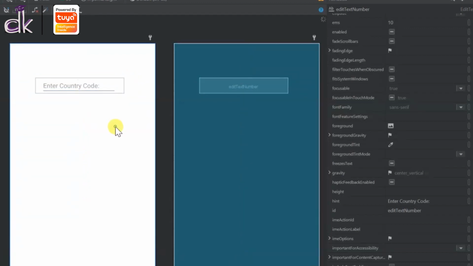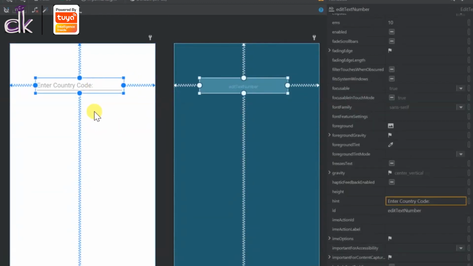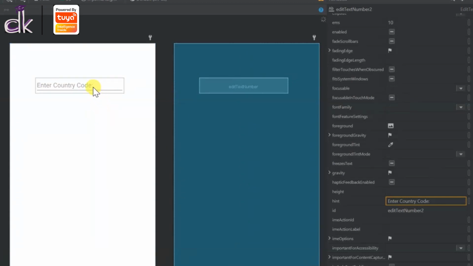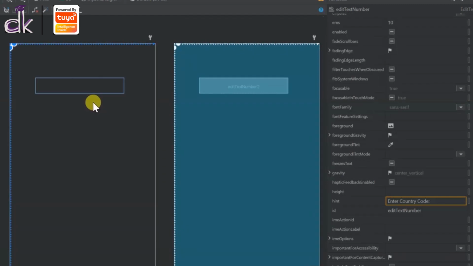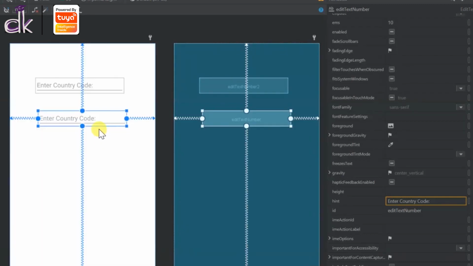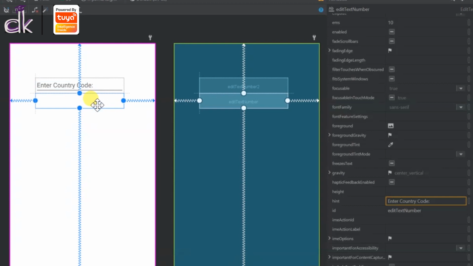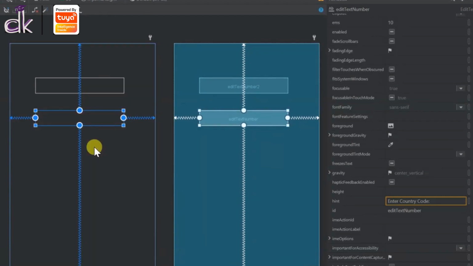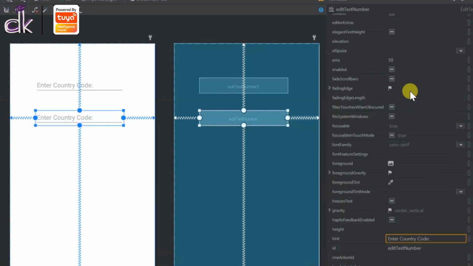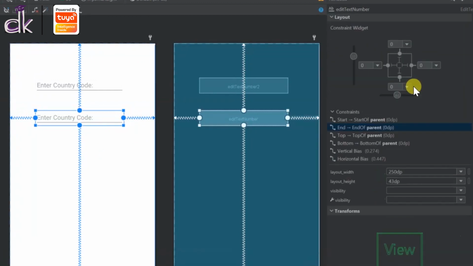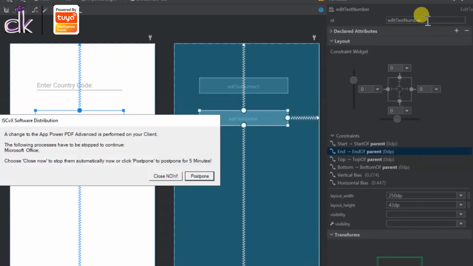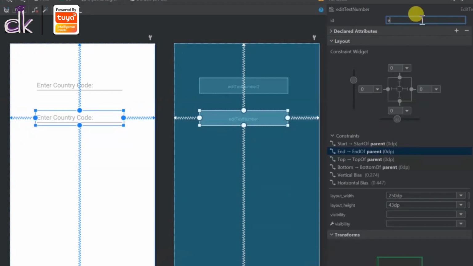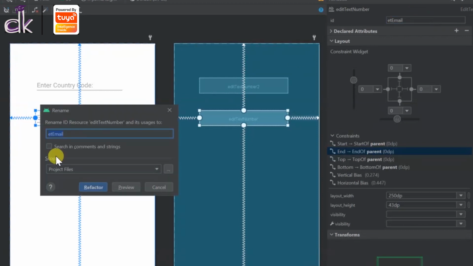Okay, so you can see that here now, and you can just extend it a bit so that we have sufficient room, and then just copy it, control C, control V. So once you paste it, you get another edit text here. Just drag it slightly below that. All right, and then you can set this to ET email because we want the email of the user.